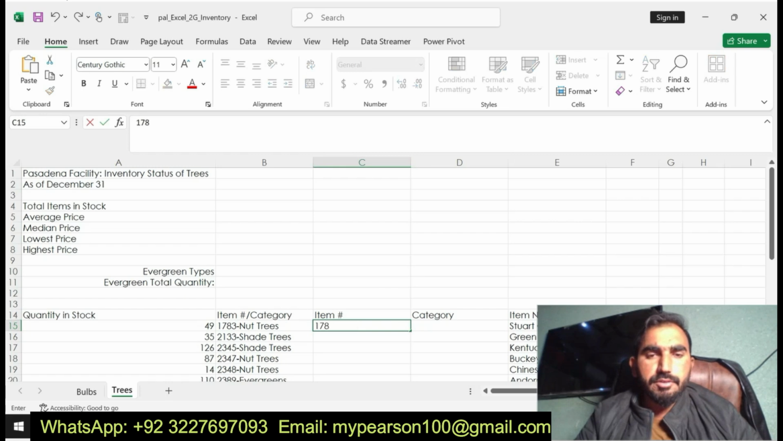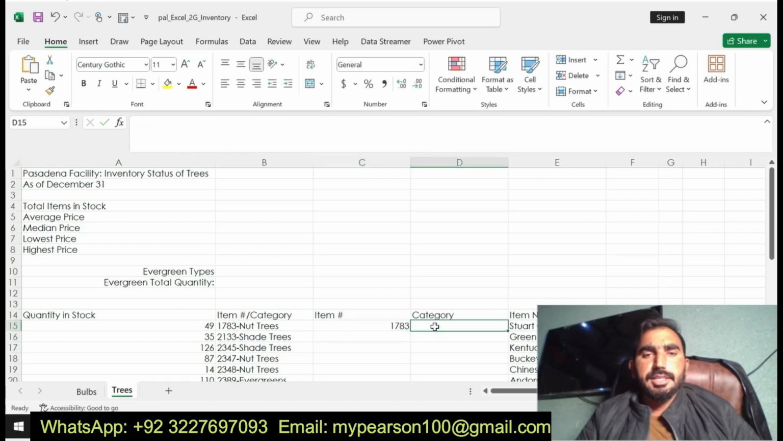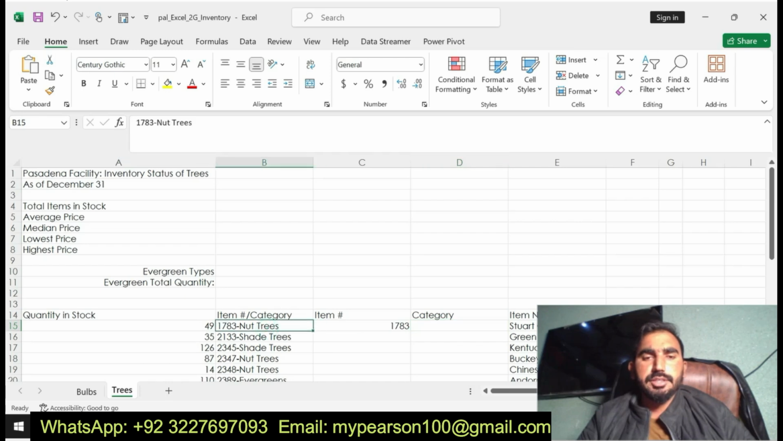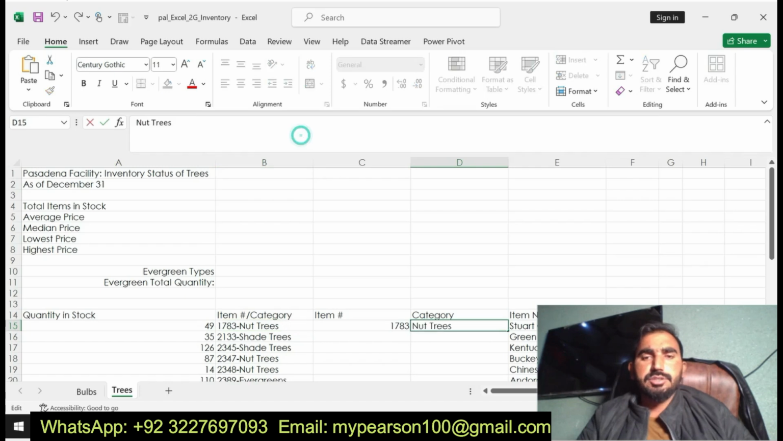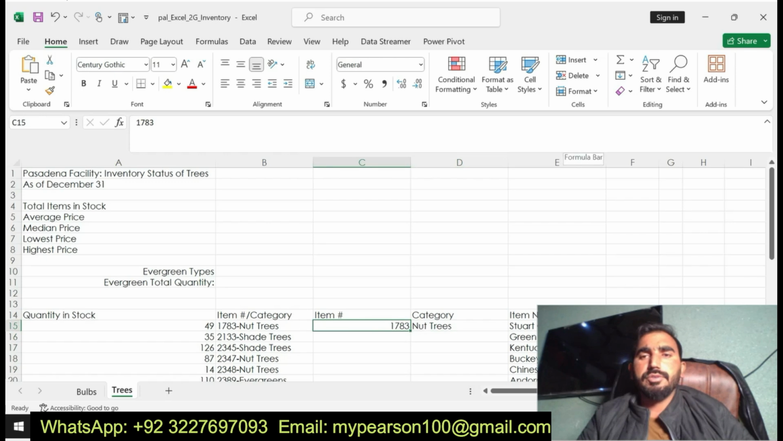Now we will use the value 783 into D15 and the word net trees into D15, sorry. Copy and paste into D15. You can see here now I am going to use the autofill because I am going to repeat step number 3 and 4 again. Now I am going to apply the